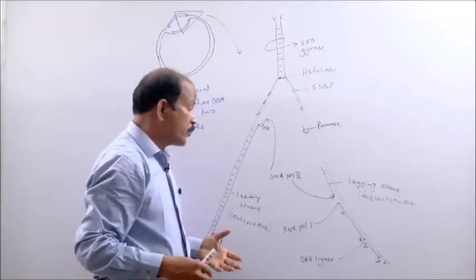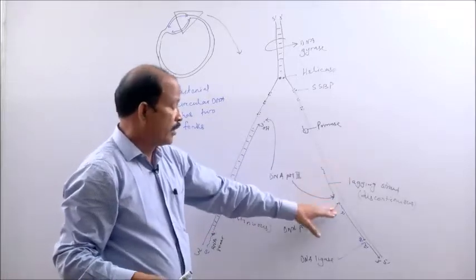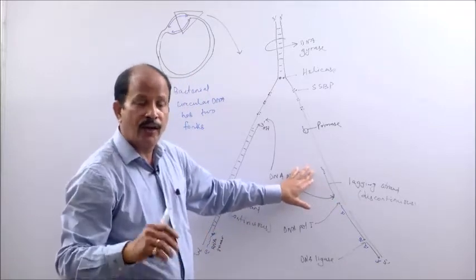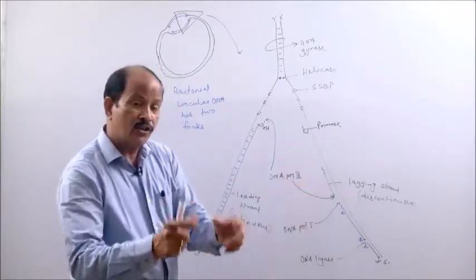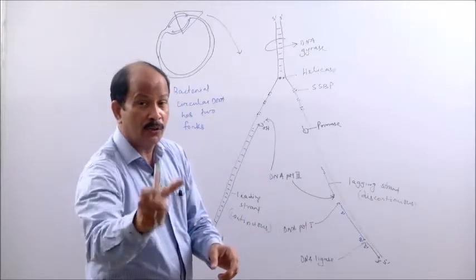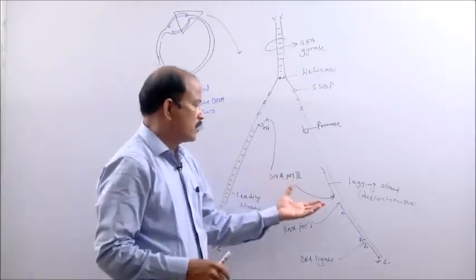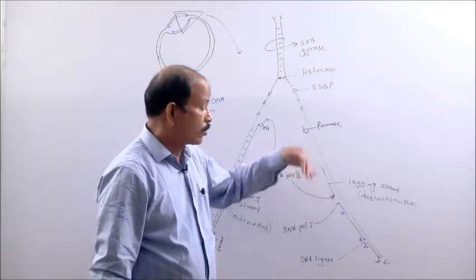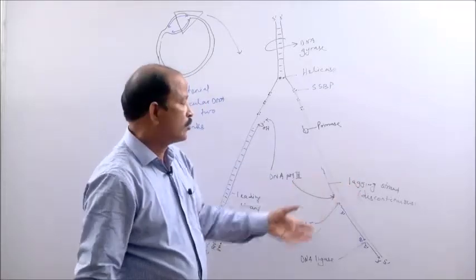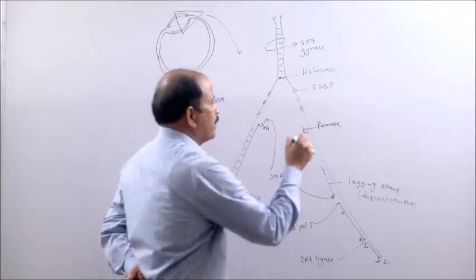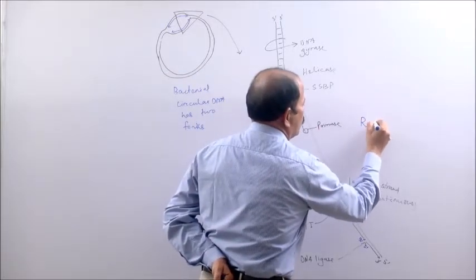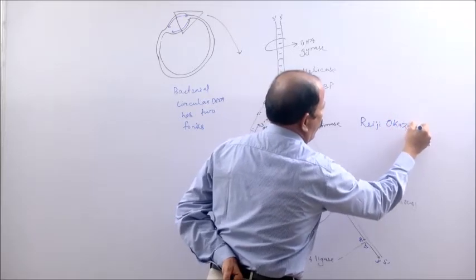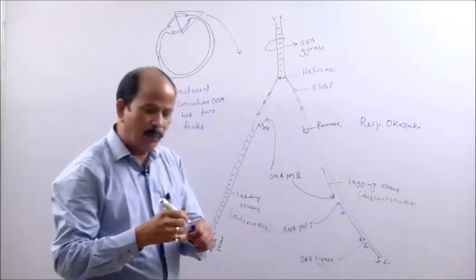So how is this possible in the other strand? Definitely in the other strand, the nascent strand cannot be synthesized continuously. Rather, the new strand is synthesized in patches, discontinuously. This kind of discontinuous synthesis of DNA in the other template was discovered by Reiji Okazaki, who is Japanese, of Nagoya University.